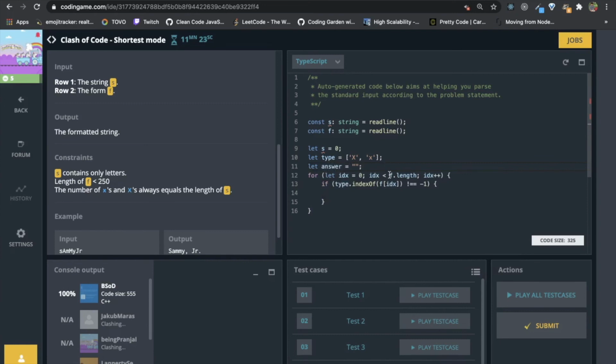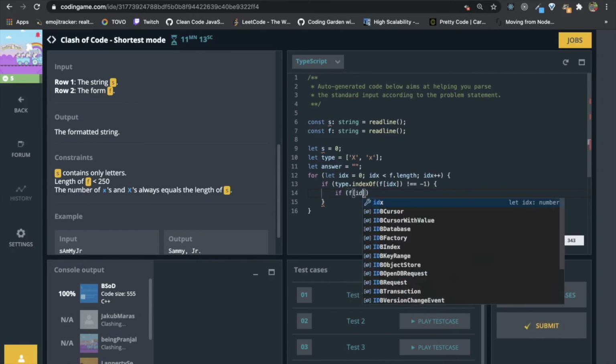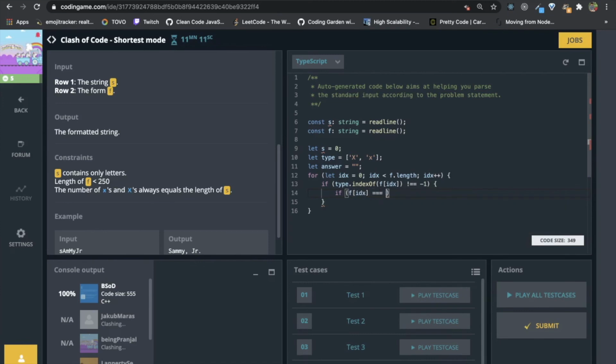So it is an empty string. If it is capital X, yeah, we can do basically this only.